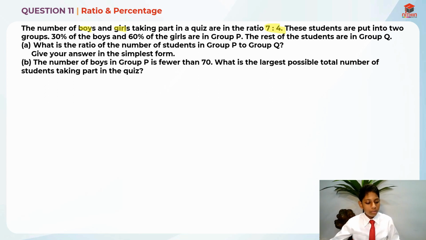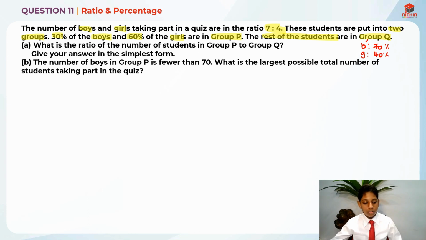These students are put into two groups. Okay. So 30% of the boys and 60% of the girls are in group P. The rest of the students are in group Q. Okay, what does that mean? That means that there is actually 100% minus 30%, which is 70% boys, and 100% minus 60%, which is 40%